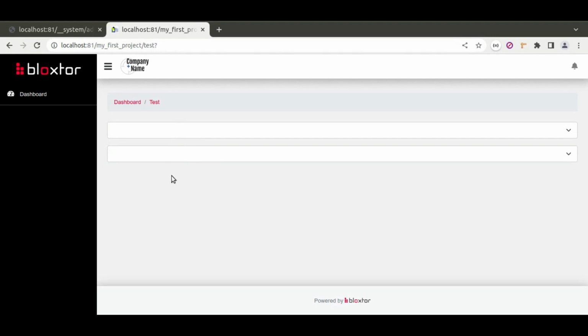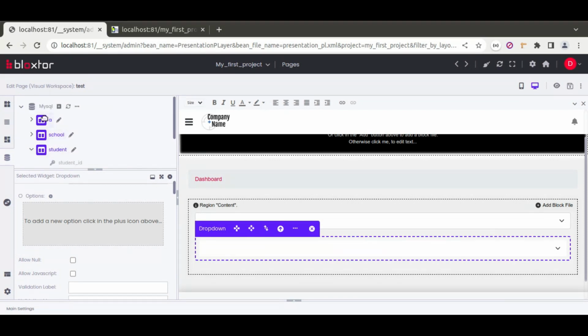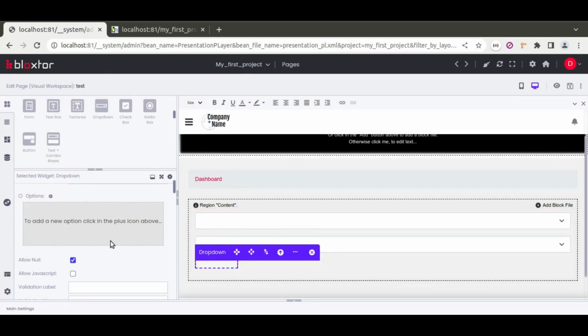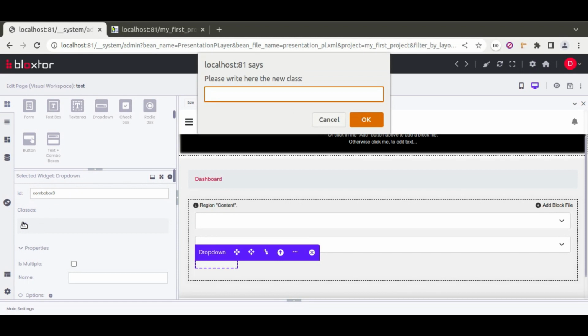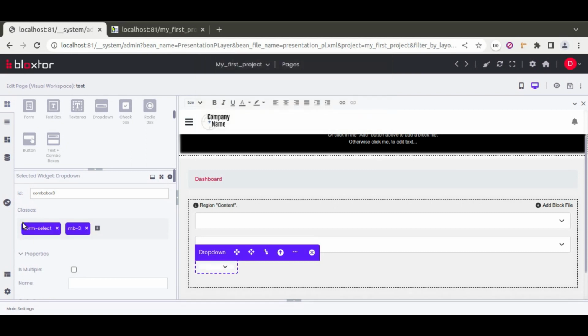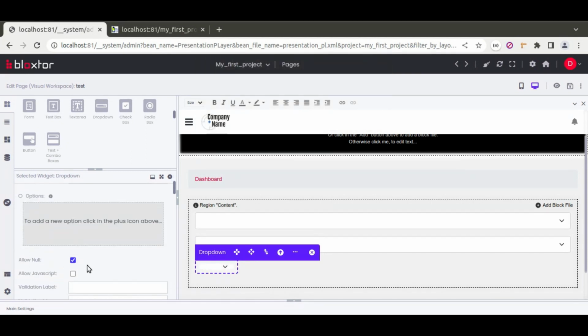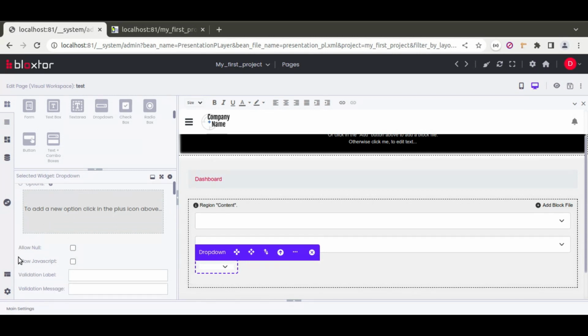That's it. So now what we're gonna do next is to add a third combo box corresponding with the A table that we created, which the students have A's. They have multiple records of A's. So we're gonna add a third combo box and we'll replicate basically everything that we did until now. So we get a third combo box, we paste it here, we give it an ID that we're gonna need, combo box 3, we can give it some classes, form select, we can put some margin, we can make it allow null or not,